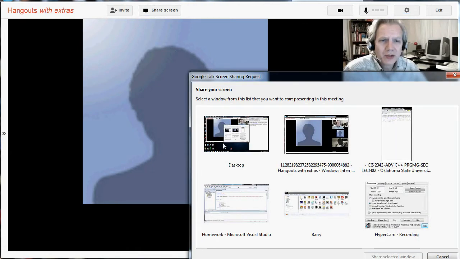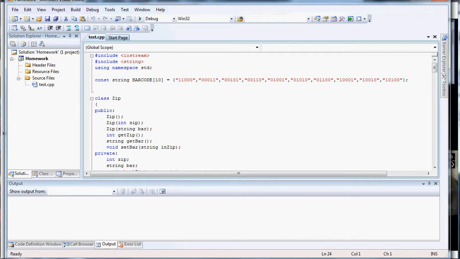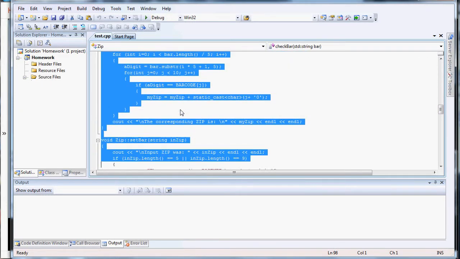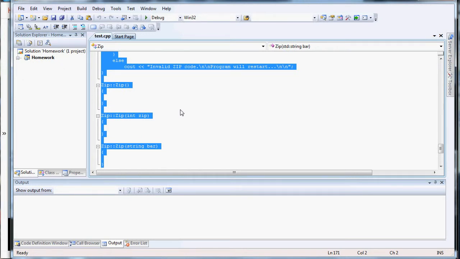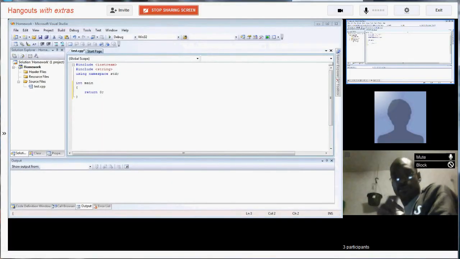I'm going to go ahead and share my Visual Studio screen. Let's get rid of some of this stuff left over from the previous class. All right, so if we have